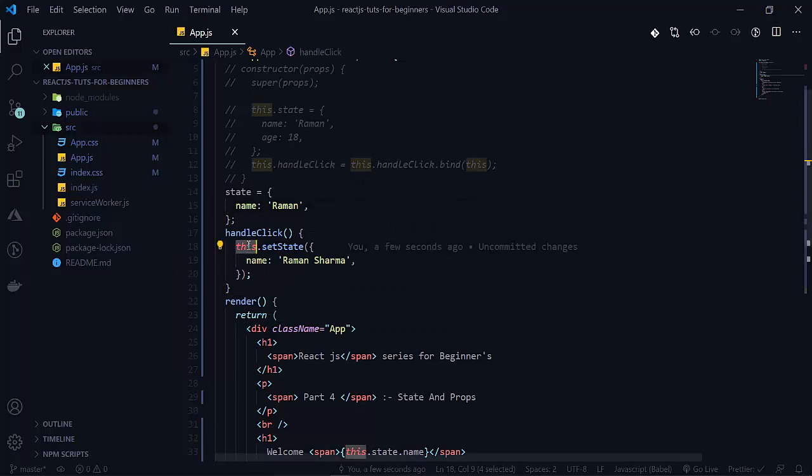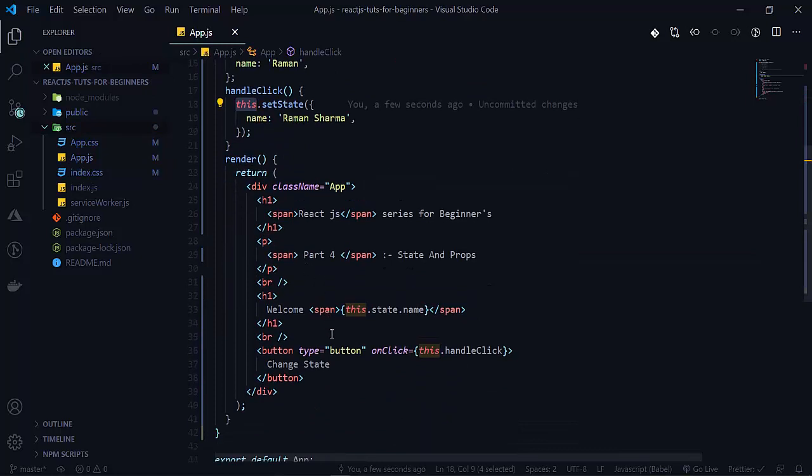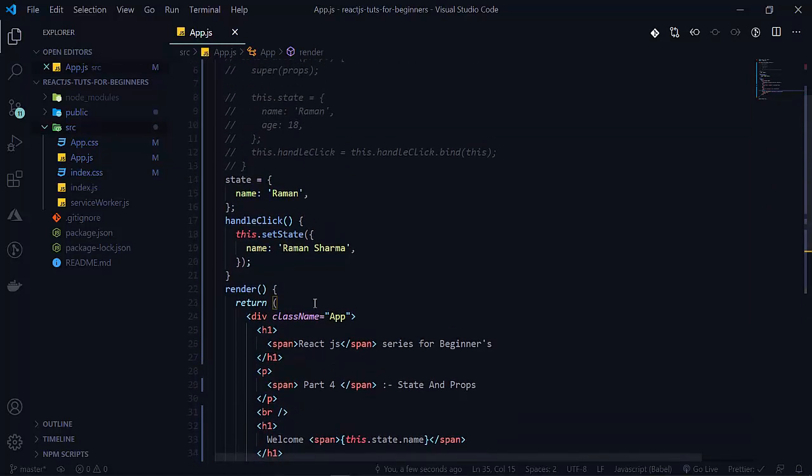Now how to solve this error? Simply remove this dot, sorry. So here is the state here.